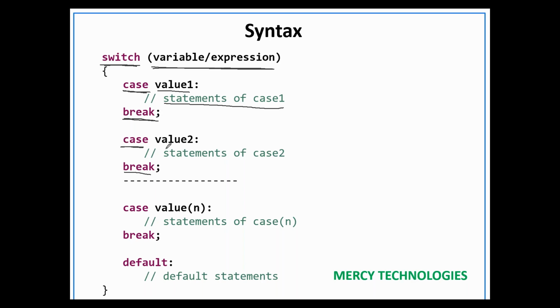In the same way, the second case. Then you can go with any number of cases. Finally, I just mentioned case value n, it means the nth case. Then if all the conditions are wrong, if none of the conditions work, what will we do? We can go with the default statement. In default you will be printing some default statement, or executing something for when all goes wrong. This is the basic syntax for the switch statement.